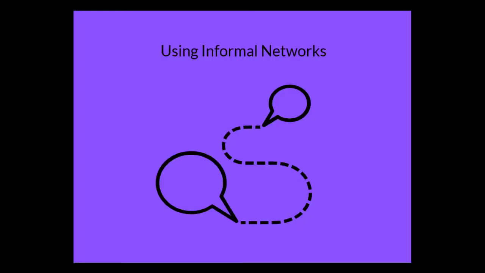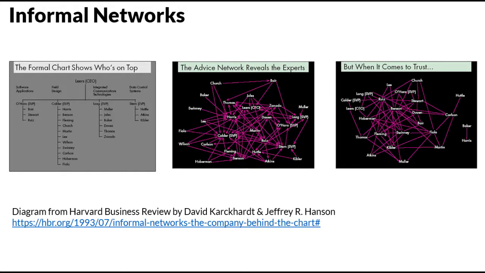Using informal networks. Based on Harvard Business Review's 1993 article by David Krackhardt and Jeffrey R. Hansen, informal networks are used when unexpected problems come up and work needs to get done. On page 1, they explain, a complex web of social ties form every time colleagues communicate and solidify over time into surprisingly stable networks. Many managers do not understand what the true networks are, which can be a major weakness in organizational leadership. Informal networks can also be used to share information and cultivate a learning culture.